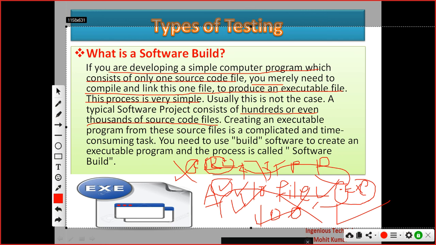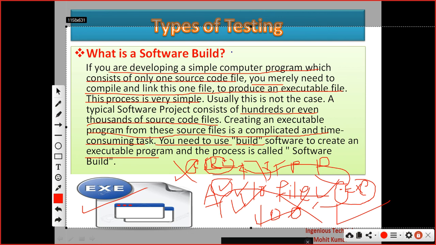So creating an executable program from the source files is a time consuming task, right? You need to use build software to create an executable program, and the process is called software build. So they will ask you this type of question, what do you mean by build?